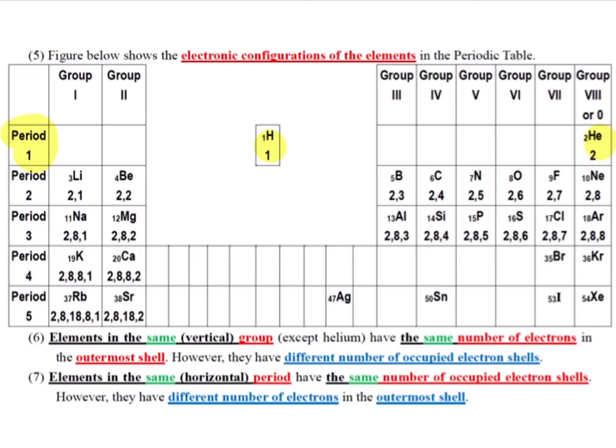Period 2, you can see for lithium it is 2,1, then 2,2 for beryllium, 2,3 for boron, up to neon 2,8. They have 2